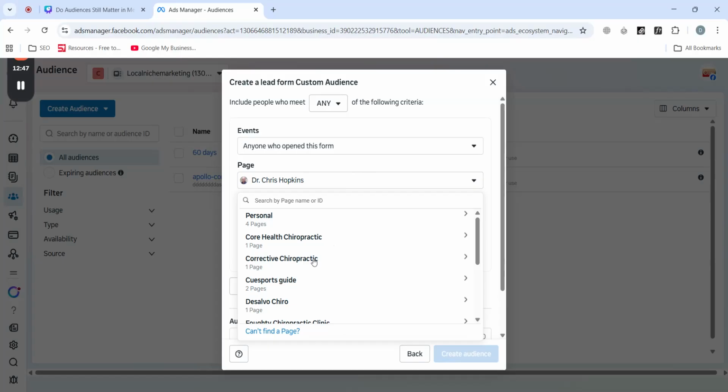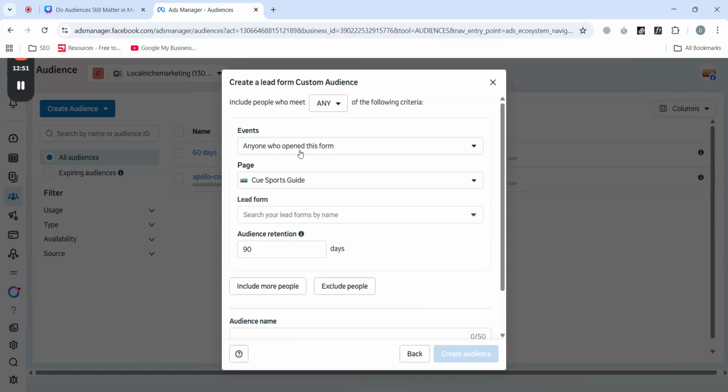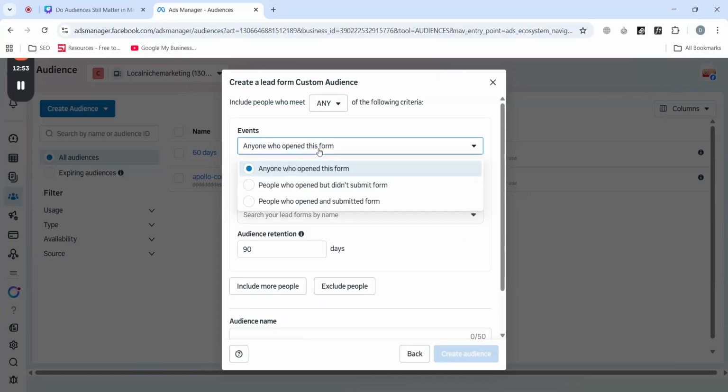Another custom audience that would be great if you're doing instant forms, right? It can give us different engagement levels here. For example, anyone who has opened this form, right? People who opened but did not submit, that is a great way of retargeting people based on urgency, right? So you can retarget people who did not submit but have opened the form. And you can exclude people who opened and submitted the form from the campaigns which are currently running,